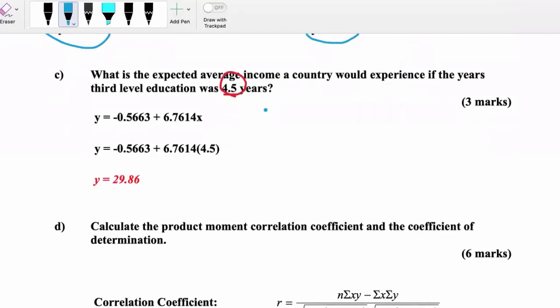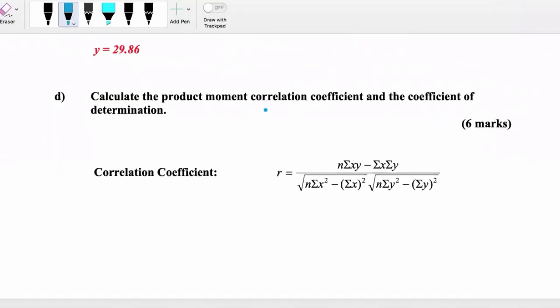Let's move on to part D. Again, you will always see this in the question, typically a part D as well. Calculate the product moment correlation coefficient and the coefficient of determination. Again, that formula is given to you in the exam, and what you should recognize is that the letter r